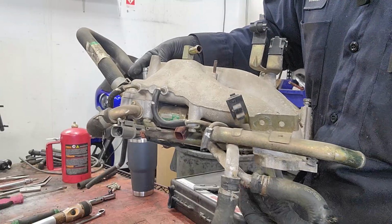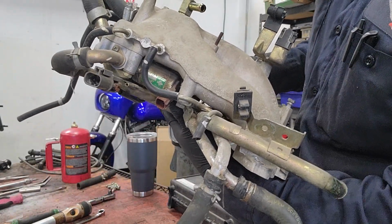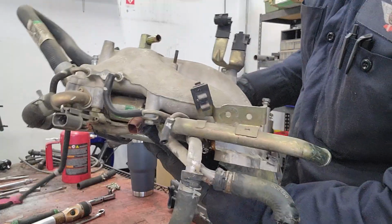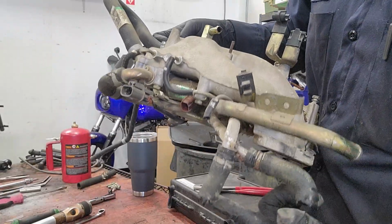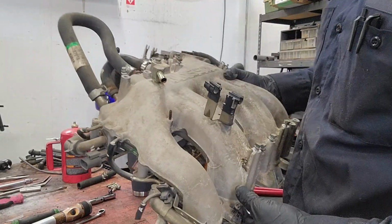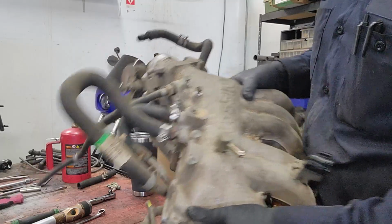But once you get all the bolts out and disconnect this hose over here, you can tilt the whole intake enough so that you can get access from this side to disconnect this connector and disconnect this connector. From there, you're gonna have to find a way, like I mentioned, to disconnect these two hoses. I'm gonna end up replacing them, but for you guys, you probably have to be careful. These are the bolts that hold the intake manifold in, and these hoses, you actually don't have